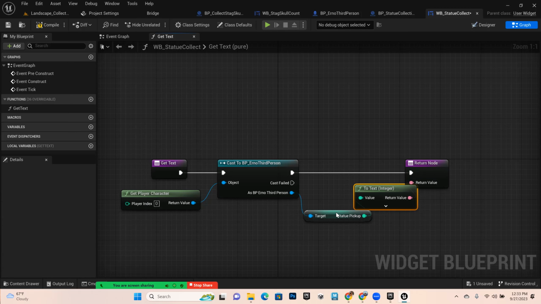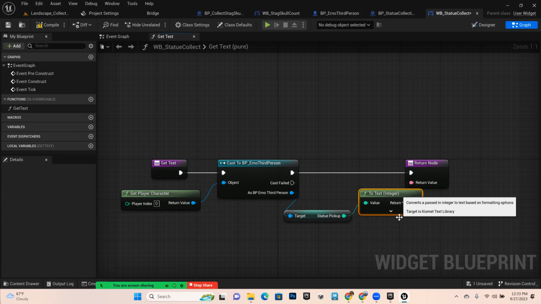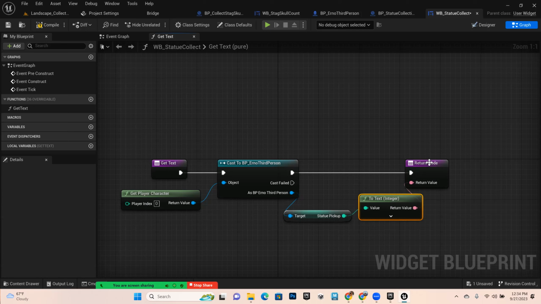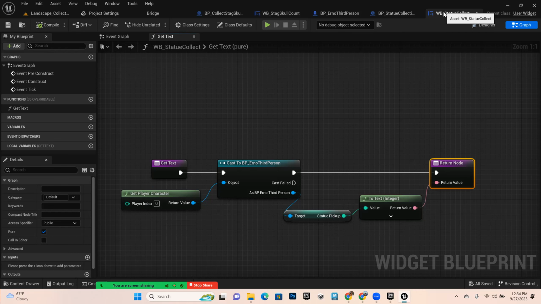And it will automatically make a conversion node for the integer to text. And that should do it. All right, then compile, save. And that should actually update our